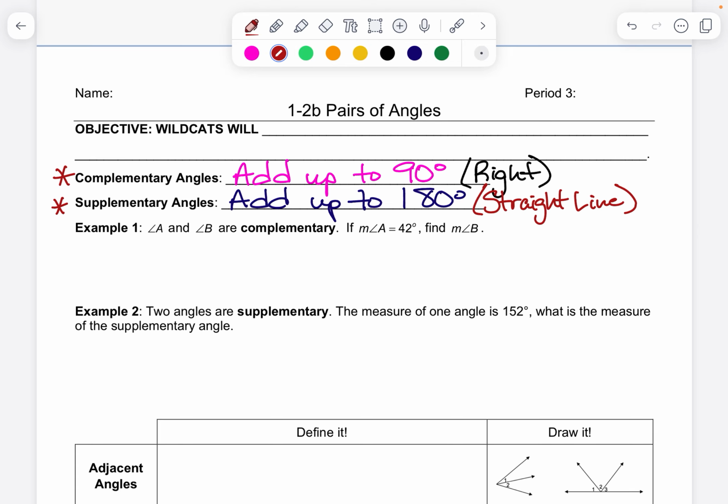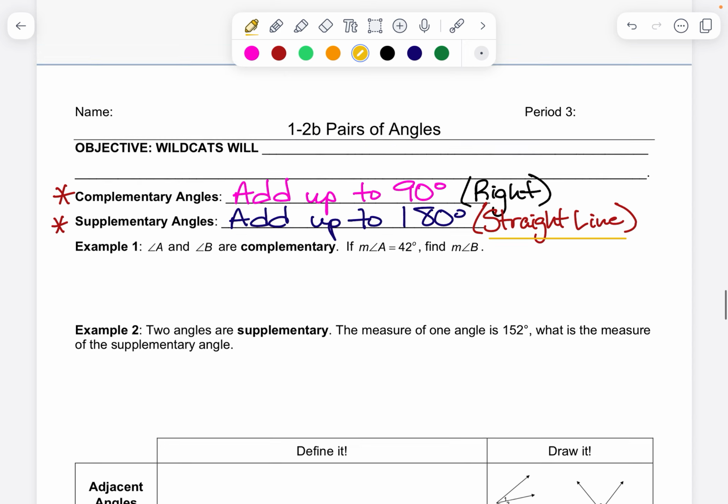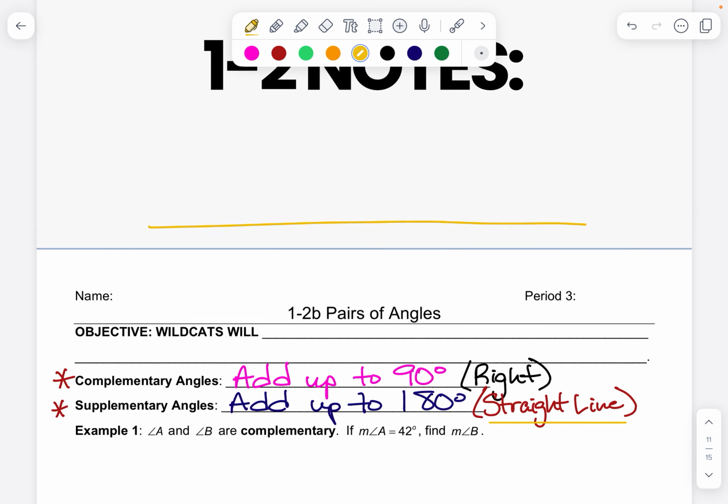And the same thing is true for if angles add up to 180. They are supplementary. Now, the unique thing about a 180-degree angle to remember is that it forms a straight line. So if you have angles, it could be more than two angles. It could be three. It could look something like this. As long as you have a straight line, there could be, I'm just going to exaggerate here